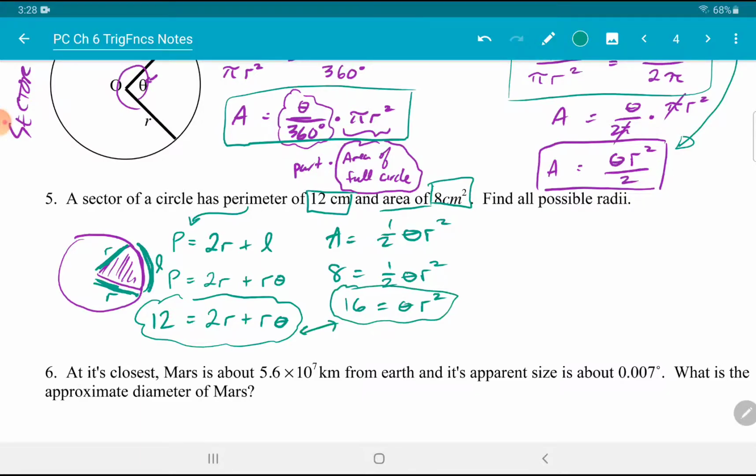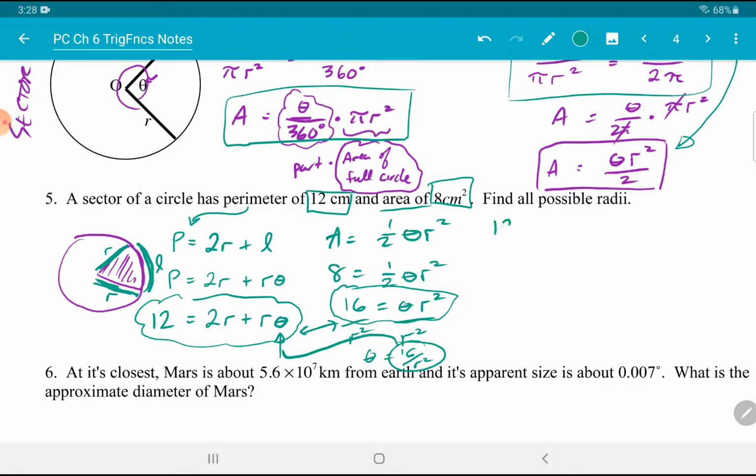And so the idea here is thinking about how you can make these two equations work with each other. And hopefully you're thinking, oh, this is a system of equations. So how can I solve this system of equations? What's going to be the easiest thing to do? Most likely, I don't think you want to be working with that r value. Instead, maybe think about how you can isolate that theta. So if you divide both sides by r squared, then you get theta is equal to 16 over r squared. Okay. Once you do that, with substitution, plugging your theta back in,